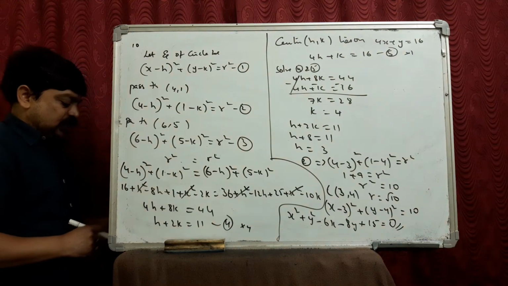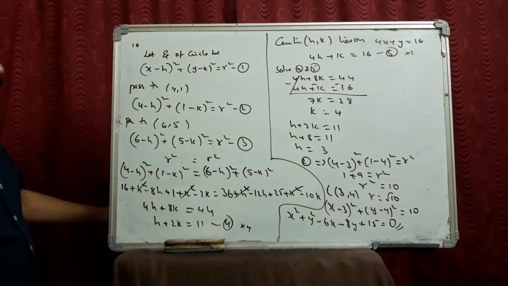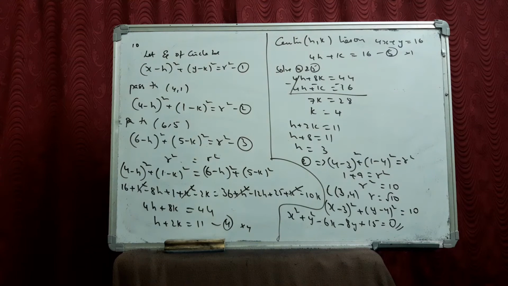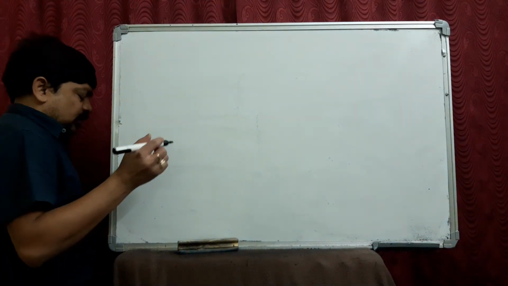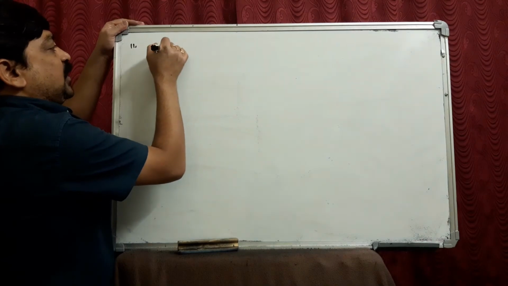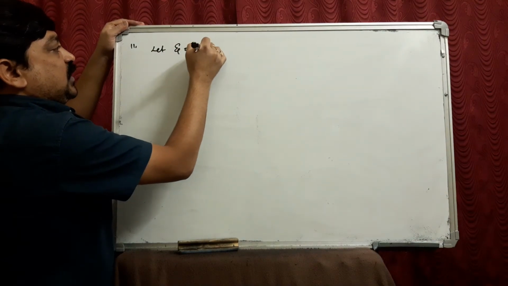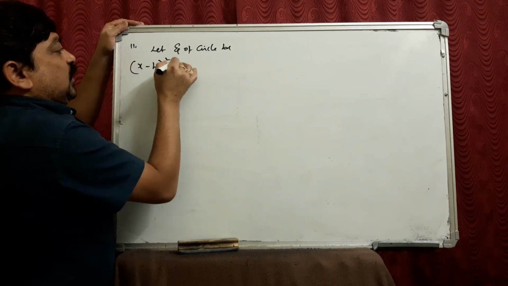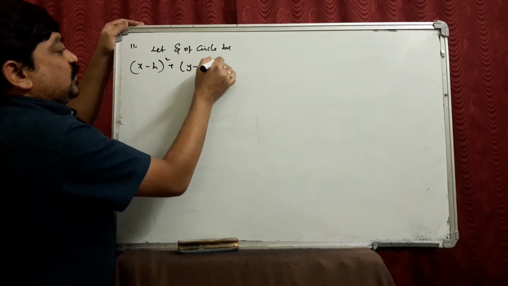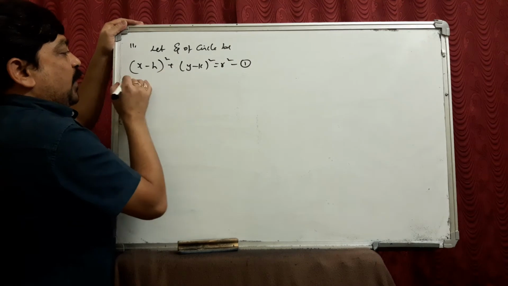Let me check it once. 10th question. Exactly, minus 6x minus 8y. Right. The same way we do the next one also. See the 11th one. Let the equation of the circle, same concept, be (x minus h) whole square plus (y minus k) whole square is equal to r square. It passes through